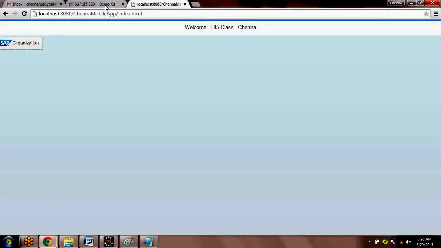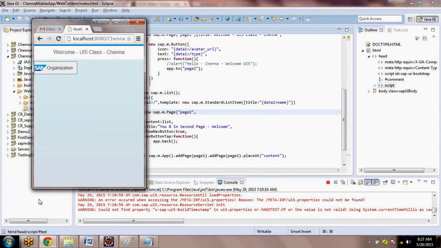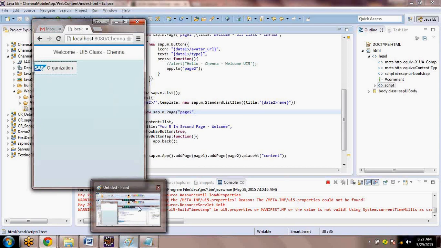So the current program is something like this. Let me convert into mobile view. Print screen, put it here.